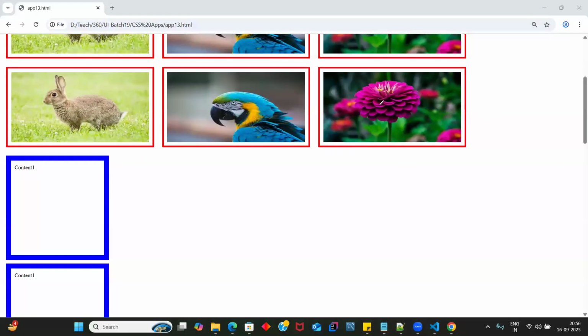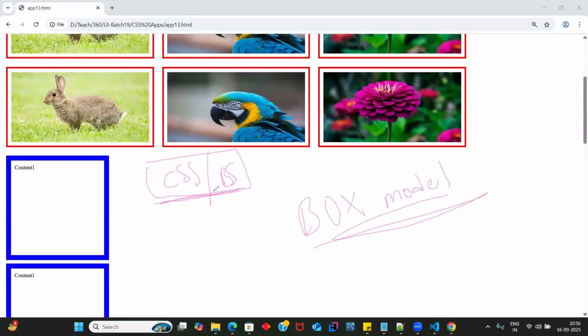I think I forgot to explain one more thing. In CSS, now we are in the CSS chapter, right? After that, we'll be learning the Bootstrap framework, right? So in CSS or Bootstrap, there's one common terminology used, that is box model. Box model. CSS box, or if I say Bootstrap box,